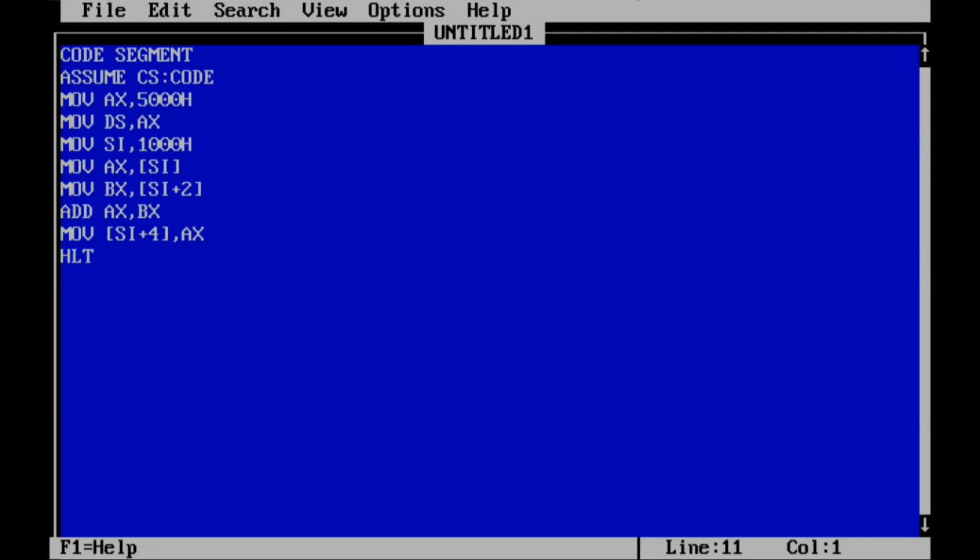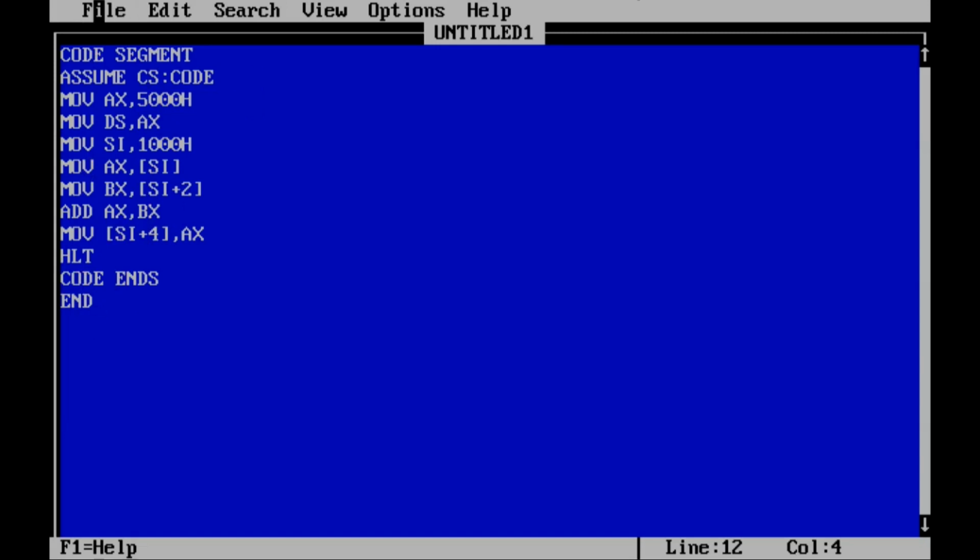Now afterward once again we have to use two more lines as assembler directives. So we have to write code ends. This stands for end of segment, end of code segment, and then we have to say end. That's the end of everything. Getting? So initially we have added two lines and finally at the end of the program we have added two lines. In between these you have to write your code. So this is one way of writing a code in TASM.